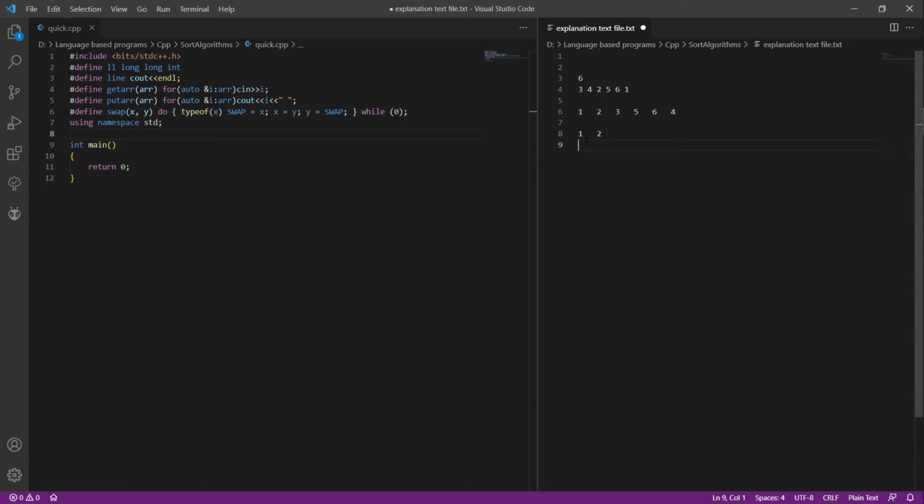So this is it for the left side. That's why 1 and 2, this whole thing is now sorted. Okay. Now what remains is this one. So for this 5, 6, and 4,